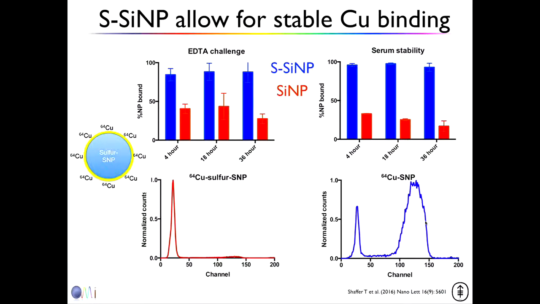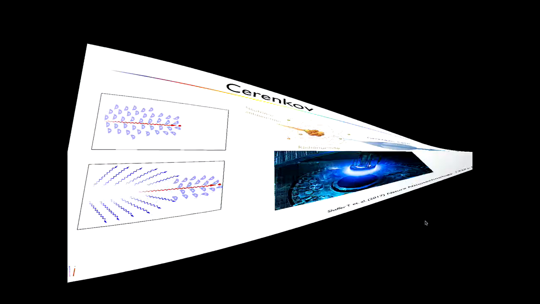So by using the sulfonation of the silica, which is relatively easy to do, we can now also do copper labeling. Now the nice thing is, depending on the particle, you can sulfonate a lot of particles if you want to. So you can create a particle with the right condition where you can use this method. And we also tried, which I hadn't put in here, you can pegylate this particle and you can still radiolabel it after the pegylation. And then with a PEG around it, you have an even better bioavailability and can then do further tricks with it by putting any ligands on it if you so wish.